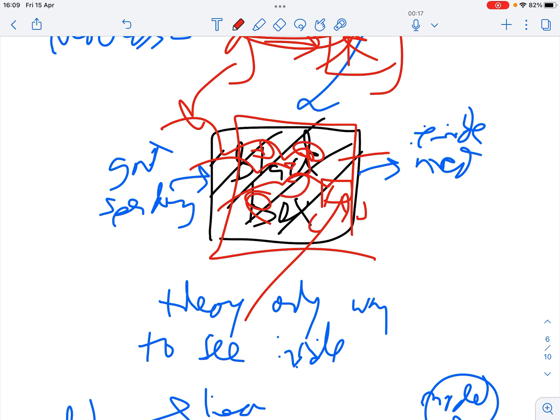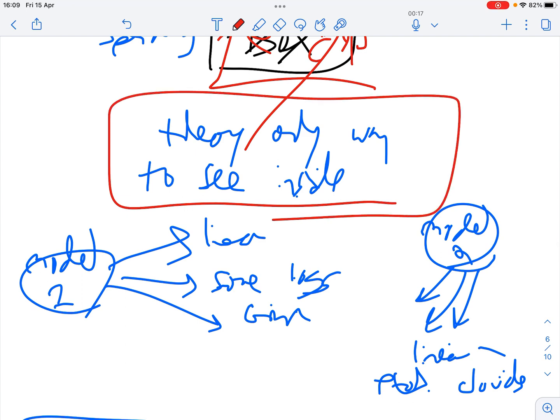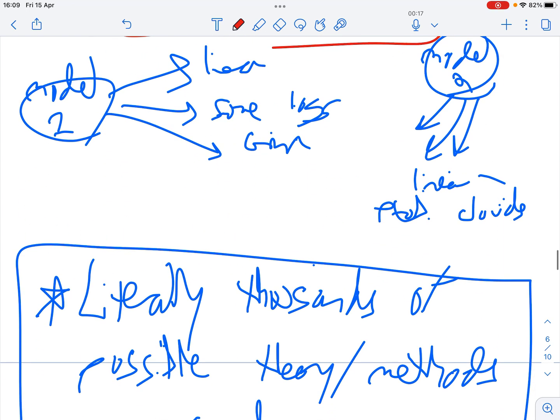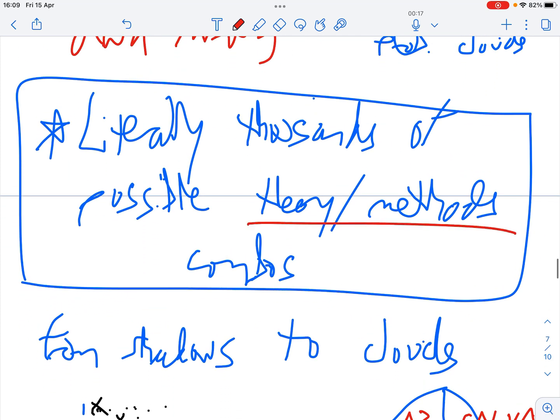The gears are turning, and you have some private sector investment. Theory is the only way to see inside the black box. And we know that we can't simply run different combinations of variables. This is called data mining, because there are literally thousands of possible theory-method combos. If you're always regressing, always running data, you're going to get so many false positives, you don't know what you're doing. And anyway, like we said, a bunch of graphs, dots, lines, that's not a theory, that's not an explanation, that's just dots.